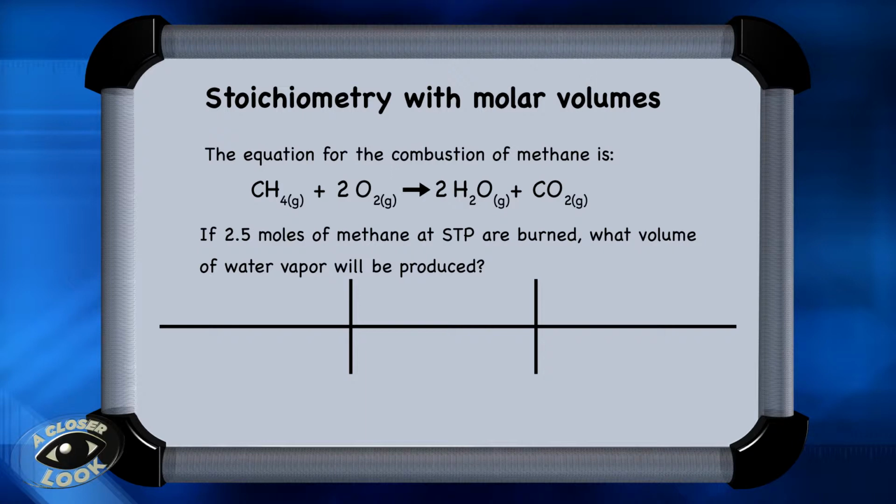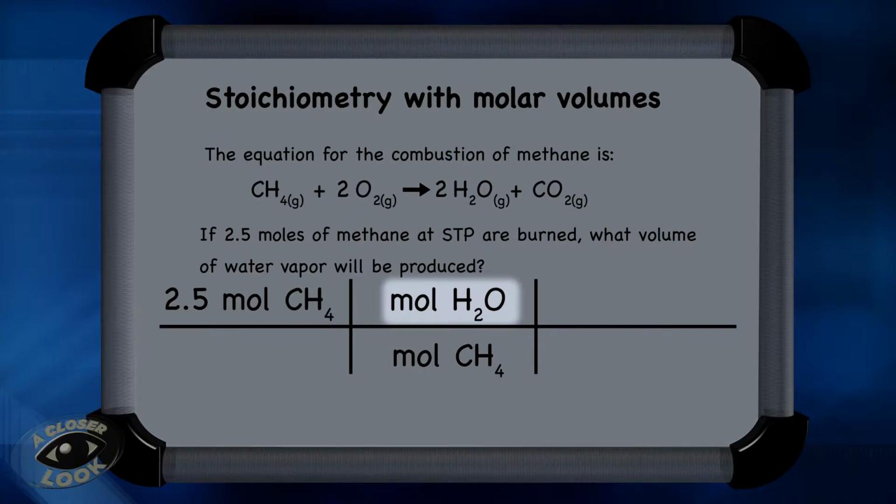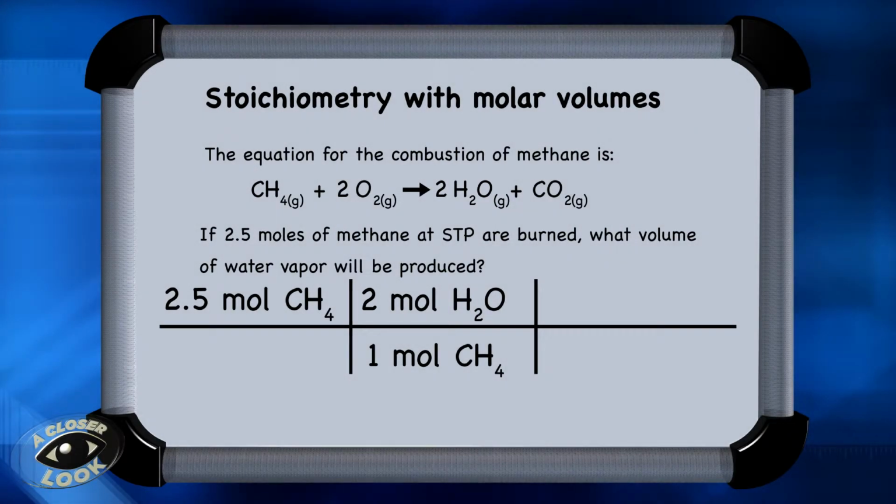Start solving this problem by putting what is given in the upper left-hand corner of a conversion chart. So 2.5 moles of methane is the starting point, and now set up the conversion chart. Then bring down the units of moles of methane in the denominator of the second column. And you can go right to the mole ratio step since you already have moles. And then go from moles of methane to moles of water vapor. Based on the balanced equation, there is 1 mole of methane that is used up for every 2 moles of water that are produced. And you can cancel units of moles of methane because they appear in both the numerator and the denominator.